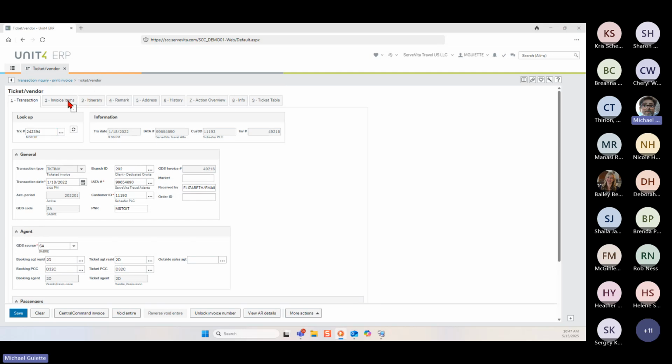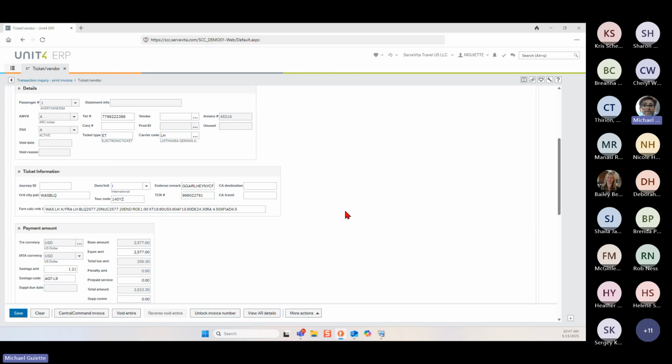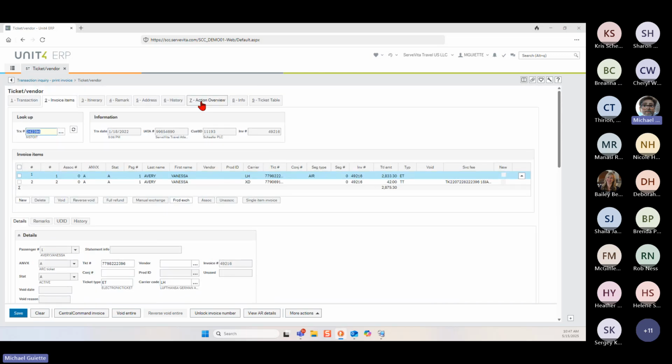If I look at the invoice items, I want to be able to show the invoice items with the tools on the new screen to be able to access that. If I have an exchange, I want to be able to see the new exchange screen rather than having the tab out there that says manual exchange. So I want the users to have and take advantage of the ability to use this. Now we're going to get into this screen in a little more detail in just a moment,